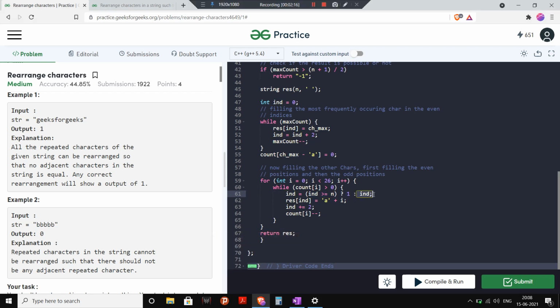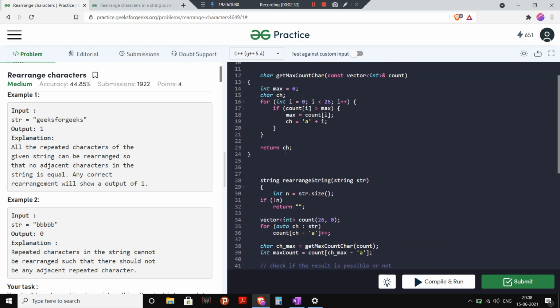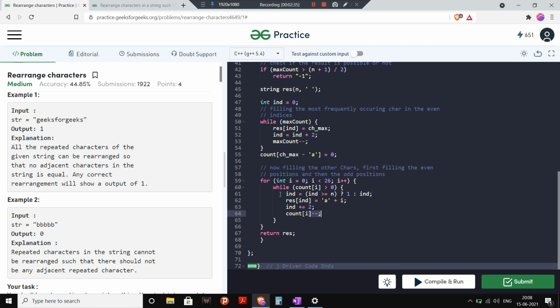Otherwise, I will remain at the index that I have got, and I will put the character 'a' plus i at that index, increment the index by 2, and also decrement my count. So this is the code that we will be following, and at last we will be returning the result.